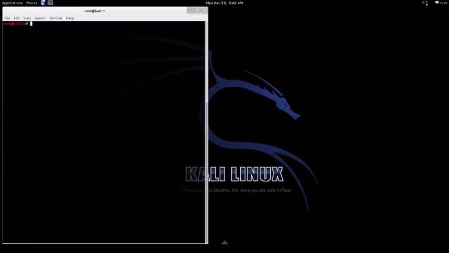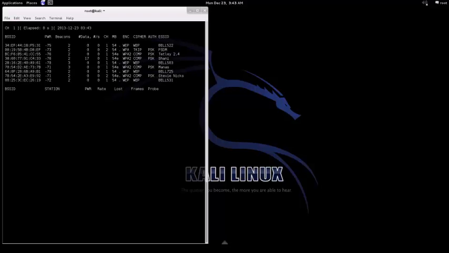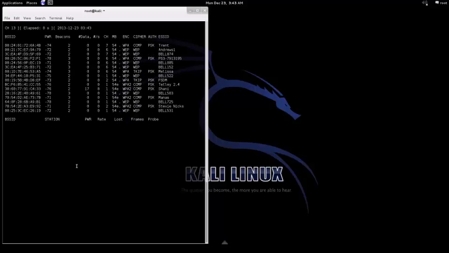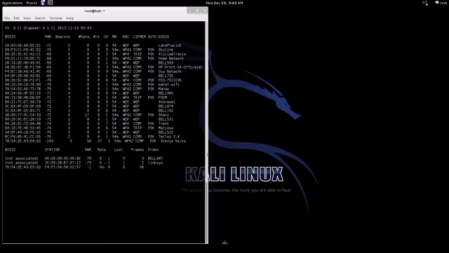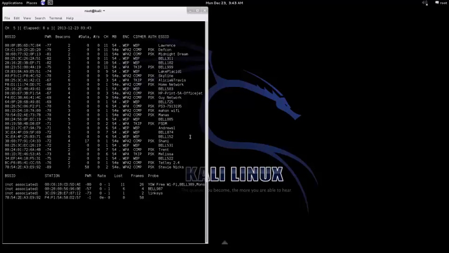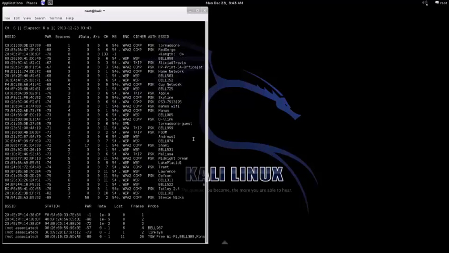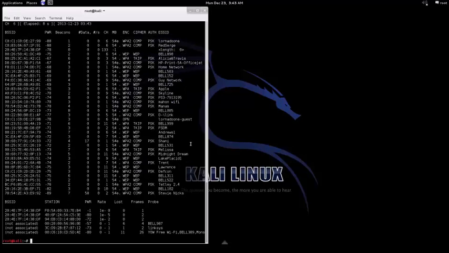Now that we've done that, let's see the wireless access points that are around us. We'll do that with a command called airodump-ng, and then the name of the interface that we created, mon0. We'll let this run for a while. Okay, I'm going to go ahead and stop this, and I'll give you a brief explanation of what's on the